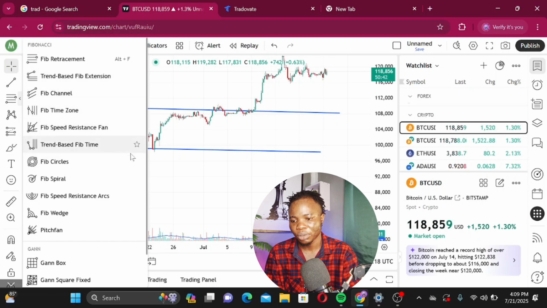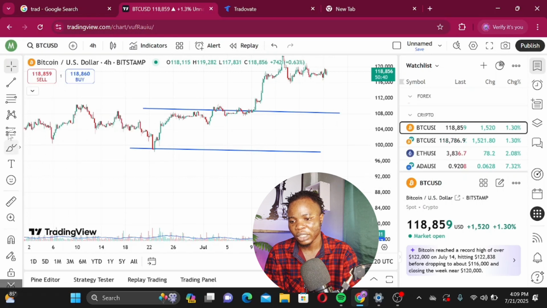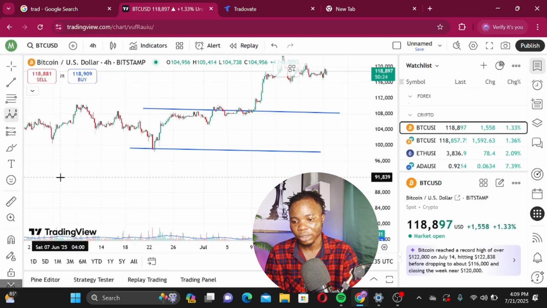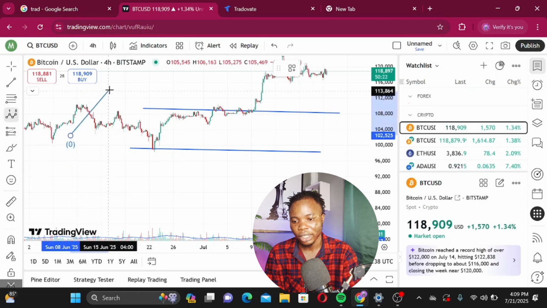So you can choose any one you want to use. If you come here to where you see this pattern, you can actually use any pattern you want. You can use different kinds of patterns to draw on the screen. Let's say you want to use any of these patterns. When you use this pattern, click on it, then tap on your screen anywhere you want to